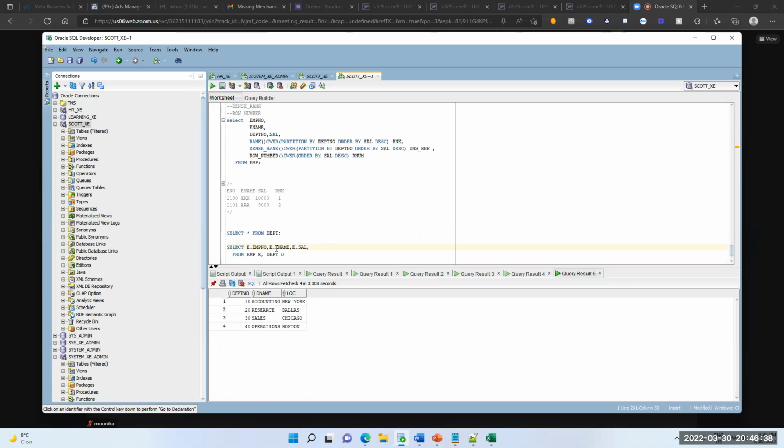I want the employee table department number: E dot dept number. And department name, where is it? Department table: D dot dname, and we will get the location also: D dot location.